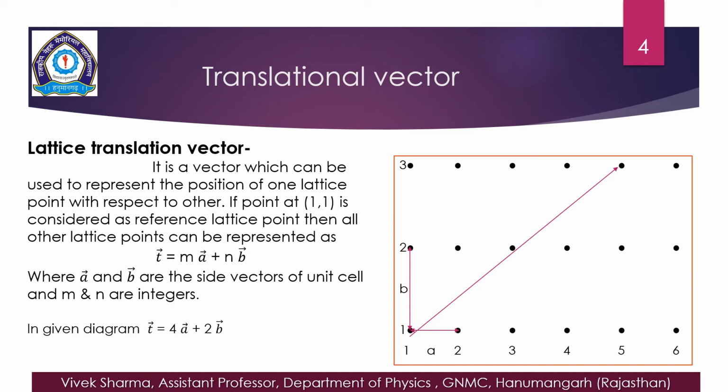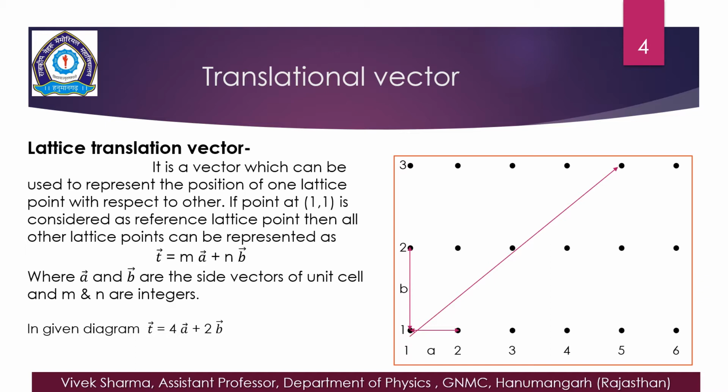We may consider any lattice point as our origin, and we can define the position of all other lattice points with respect to that lattice point. If we want to do so, we have to define a vector quantity which can represent that particular lattice point